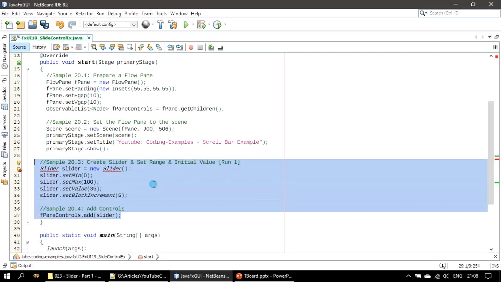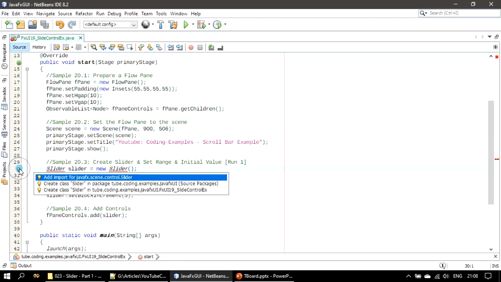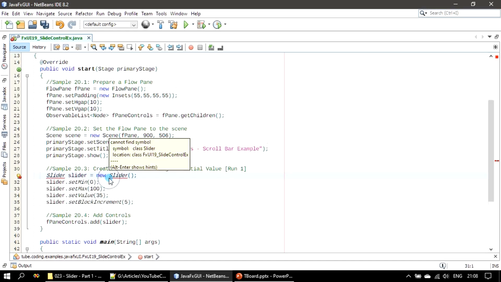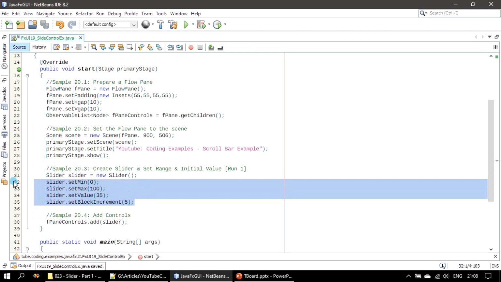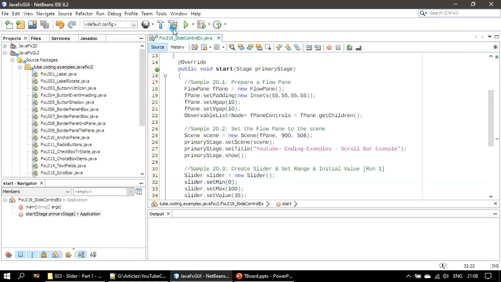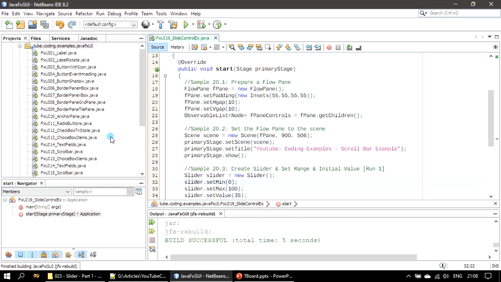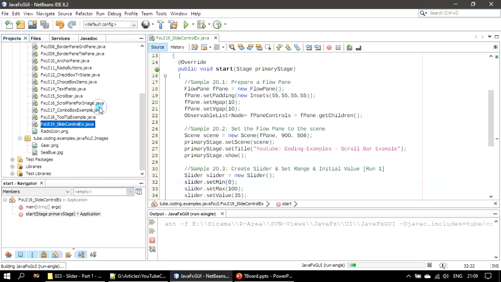Flow pane is already part of the scene, so the slider will get added to the dialog box or to the stage. So here the slider is from JavaFX scene control. As already explained in the slide, we set all these properties. Now we will build this. Here I am running it,